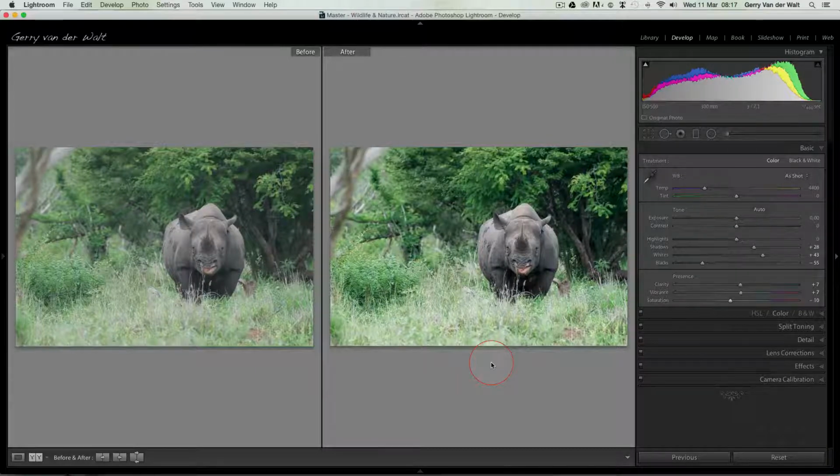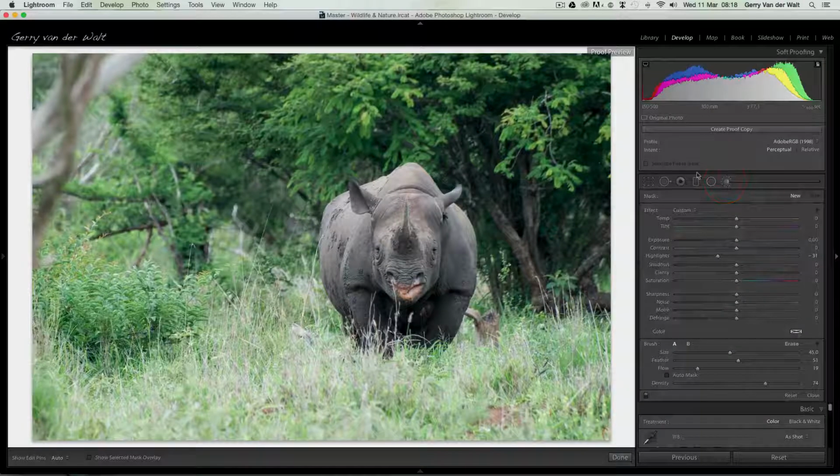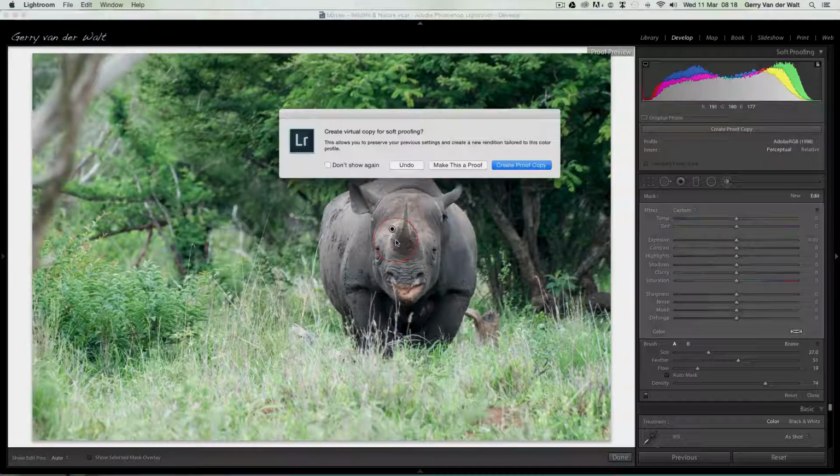From a brush point of view, what I would like to do now, I'm only doing this because personally I wouldn't actually take this any further. But because you asked the question, let's go. I would take this brush now and I would reset my brush. I've got 0 on. I'm going to paint just my rhino. I can use an overlay